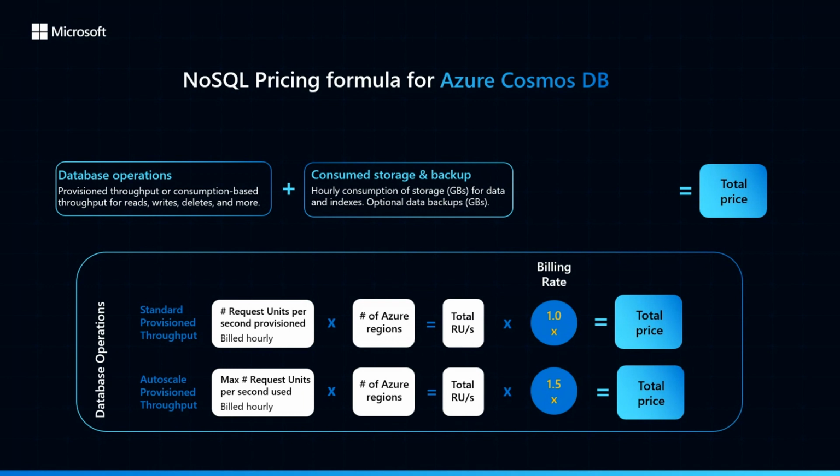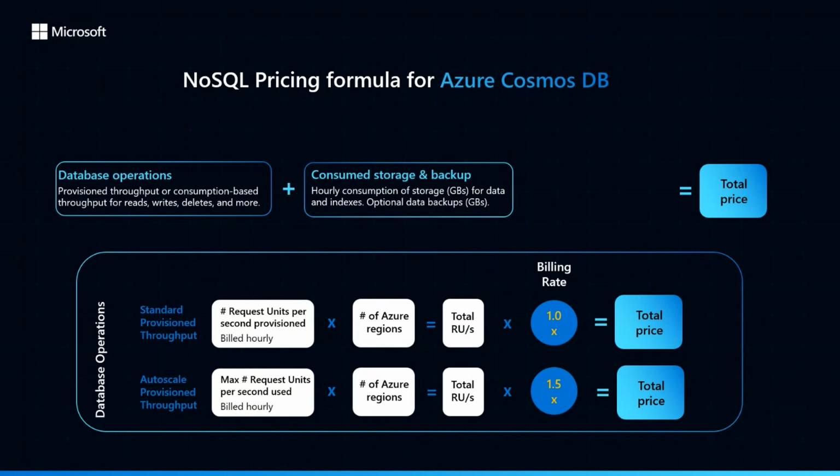So you need to choose between autoscale and manual provisioned throughput. Given that most workloads are not consistent and predictable on an hour-by-hour basis, autoscale provisioned throughput will provide you with the most cost-efficient option and should typically be the default choice, despite the fact that it is a slightly higher billing rate. Only if you have a highly consistent workload or a predictable periodic workload would manual provisioned throughput be your best choice.